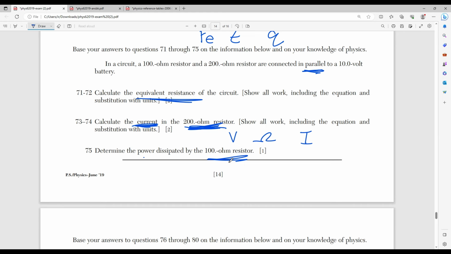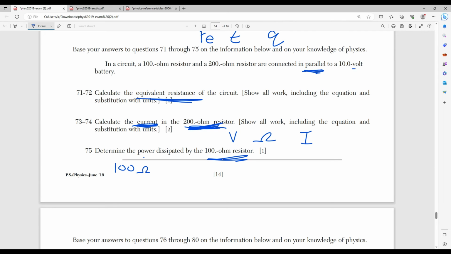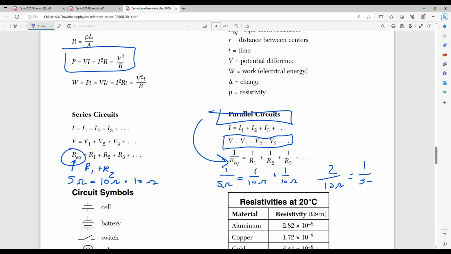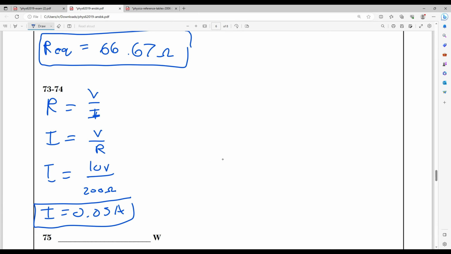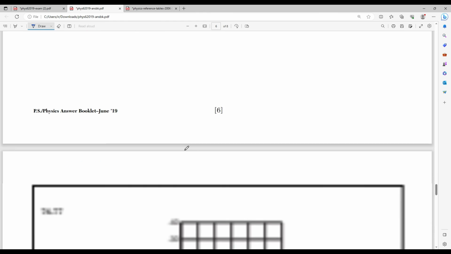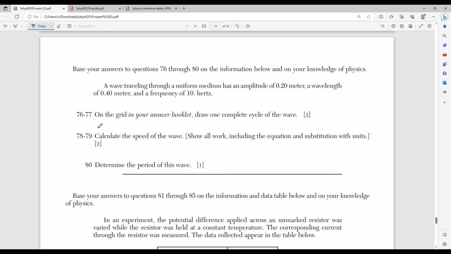We're given ohms, and we know that in a parallel circuit we have a voltage which is always constant, so I'm going to use the voltage they give me here. So here's 10 volts. I have 100 ohms and 10 volts, and I'm just going to plug this into my formula, which is P equals V squared over R. V squared is 100, divided by R, which is 100. So my power dissipated is just going to be 1 watt. That's all. So moving on to number 76 through 77,